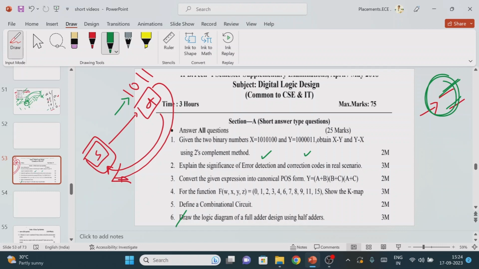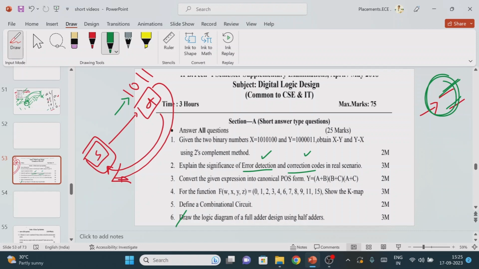In a real-time scenario, we have some information received at the receiver end, but we don't know what information was sent by the transmitter. In that case also we need to find out whether the received information is correct or not. So we use techniques called error detection and error correction. Error detection means at the receiver end we can identify that some information is modified. Error correction means we can identify that some information is changed at the receiver end, as well as find out in which location the error is.